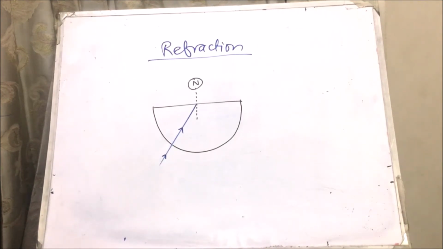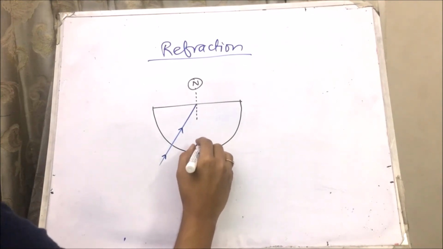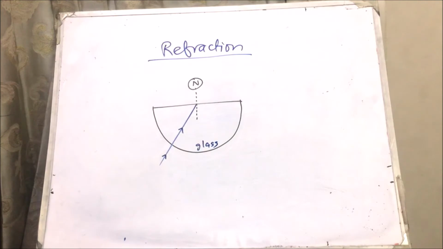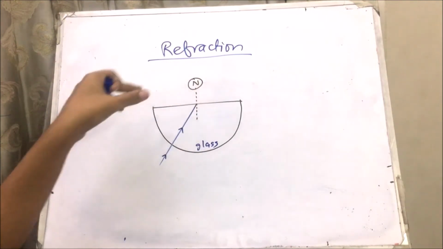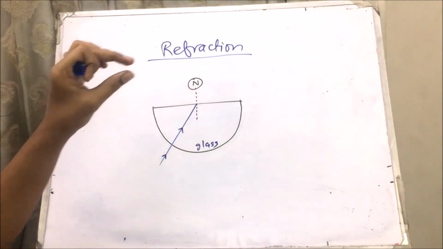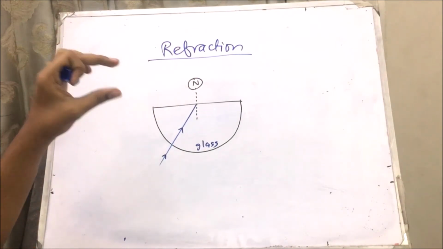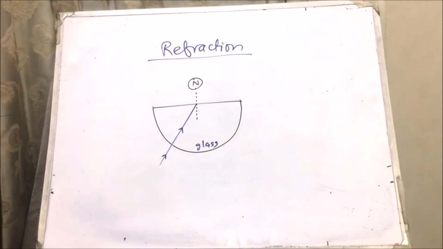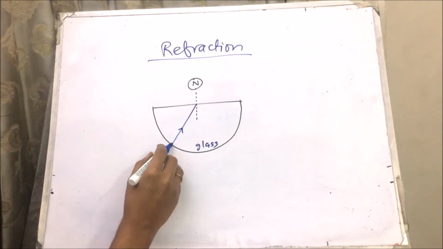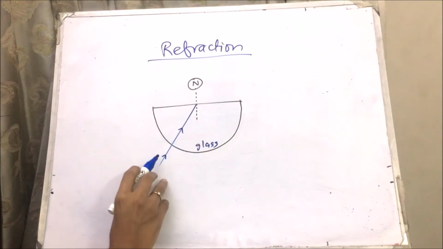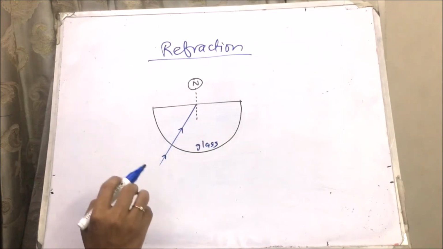Right, now we will look into refraction in a bit more detail. This is a piece of glass. This is 3D, so there is some thickness of this protractor shaped glass. This is just like a protractor, but it is not very thin, it has some thickness. This is a big glass protractor, if you will. Here the angle of incidence is 0, so the angle of refraction is also 0. So the light just directly enters into this air glass boundary.